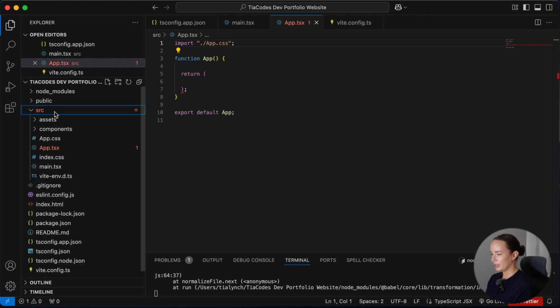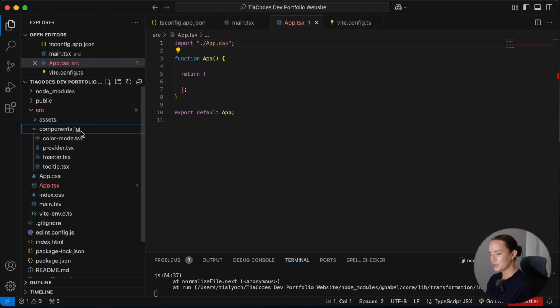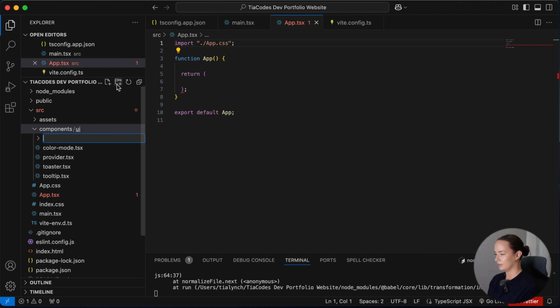So we're going to go into our source code. I know in the first video I thought that this was source reference code, but it's just source code. So it's just an interesting abbreviation in my opinion. So what we're going to do first is go to components, and you'll see that we've got UI, and this has all been provided for us from Vite. And so we're just going to create another folder in here using this icon rather, and we're going to go